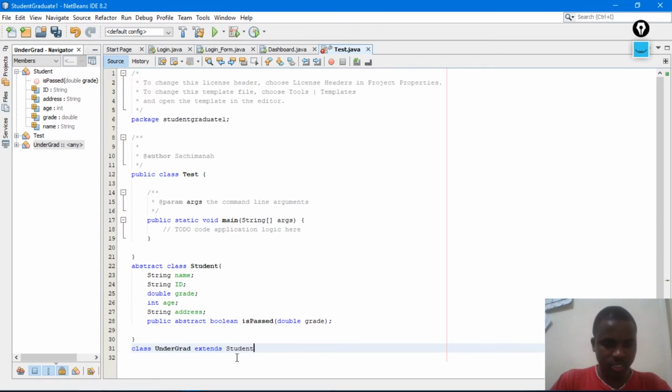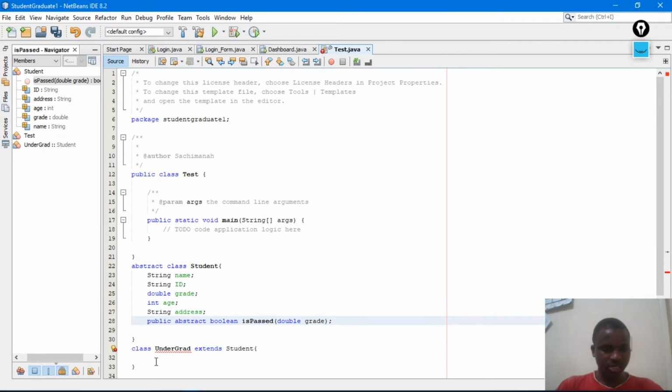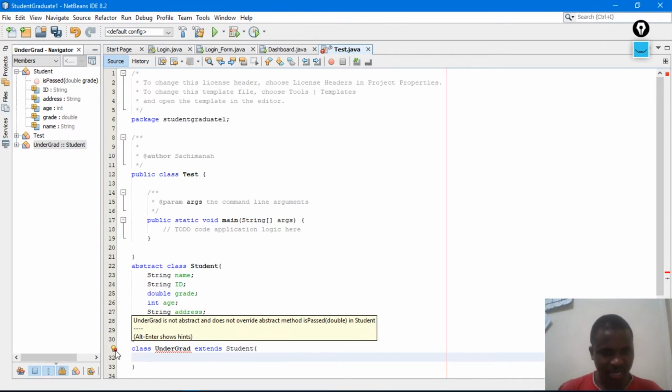So student, like this. And here, guys, I told you that if a class inherits from an abstract class, it must implement all the abstract methods in this class. Otherwise, this class by default is also going to be an abstract class. So look here, it is telling me that undergrad is not abstract and it does not override the abstract method, which means I have to override the method.